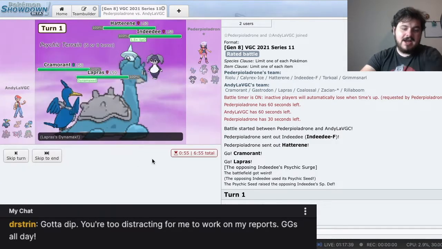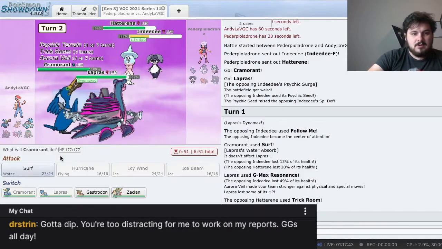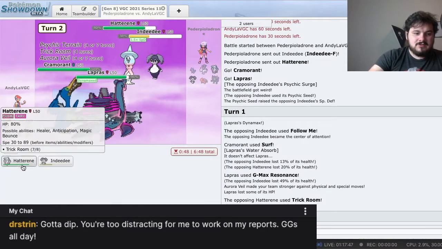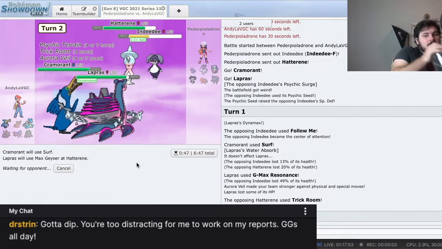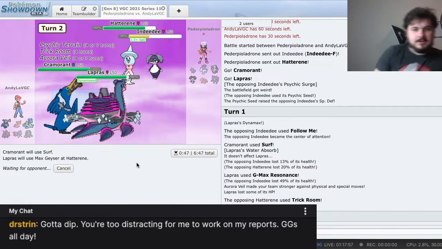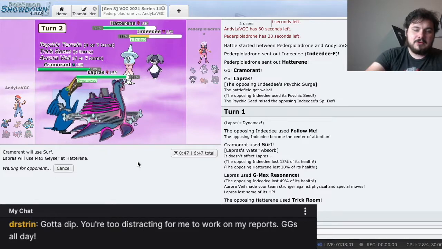Resonance. I'll target it in Hatterene, but I probably won't get to hit Hatterene. Yeah, that's a good amount of damage though. I'm gonna surf again, and then just Resonance. I'm gonna surf and Geyser targeting Hatterene. Even if they had Expanding Force here, we should be okay. I mean, we'll lose C.R.A.M.O.R.A.N.T, I think, but...